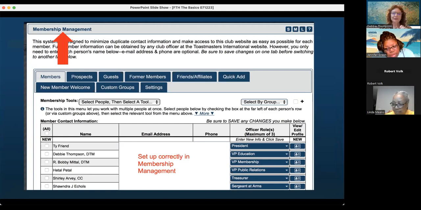You've got to tell it who the president is, who the VPE is, who the VPM is. All of that stuff is here. I didn't want to show you in person because I don't want to share these people's emails or phone numbers, so this is all you're going to see right now. But the point is that you connect them in membership management to the office.